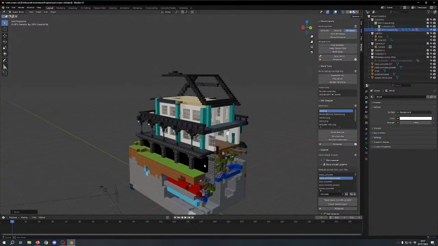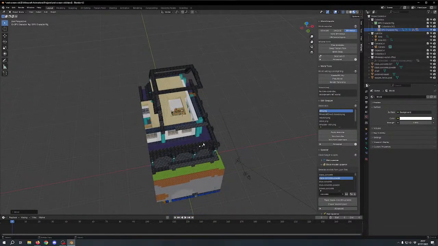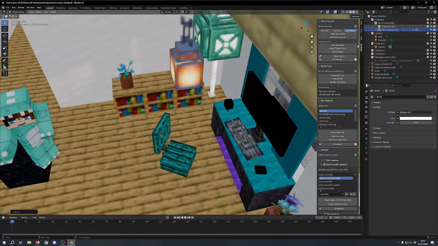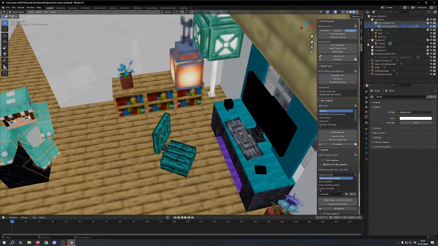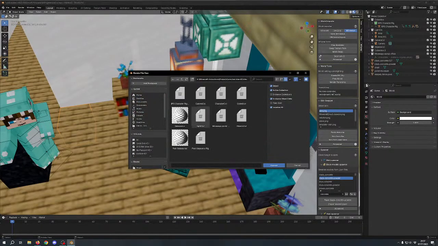I imported a bit more than I needed to, so I've got some extra blocks sitting around. Okay, whatever I just imported was not what I actually wanted to do. So let's undo that. Let's try this again. And I just did this in a different